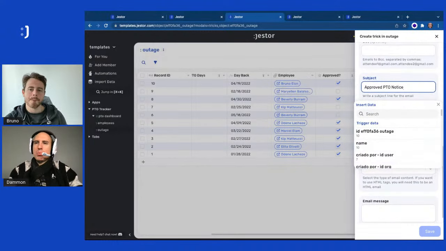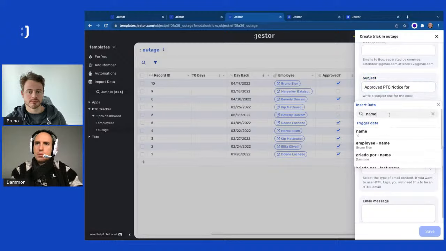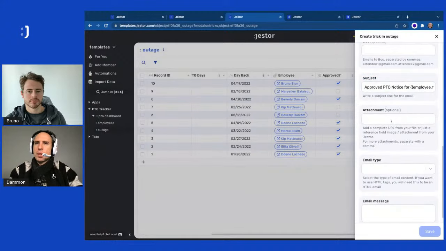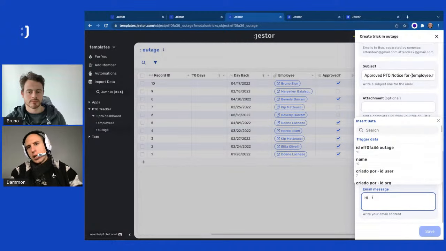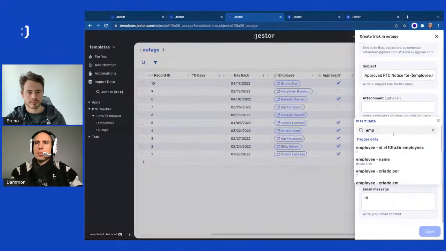So right here too, we could put approved notice for, and then we could do name. Let's see. Oh, it's right. For name, employee name. And then we could do an attachment. Let's say we're just going to do a basic plain text one. So it'll be like, hi, and then we're going to use the same one for employee name,